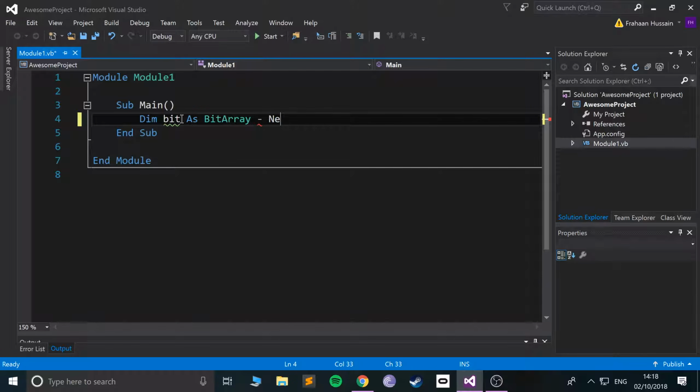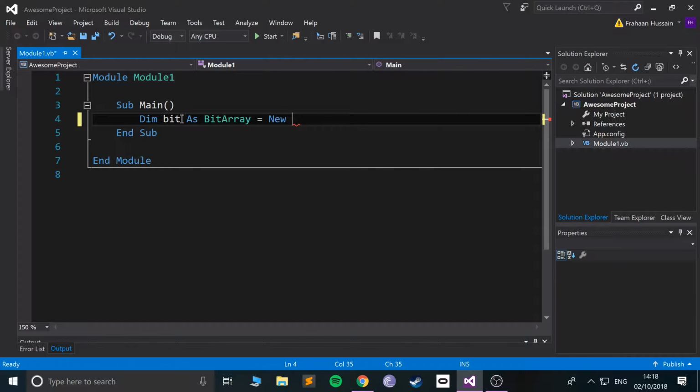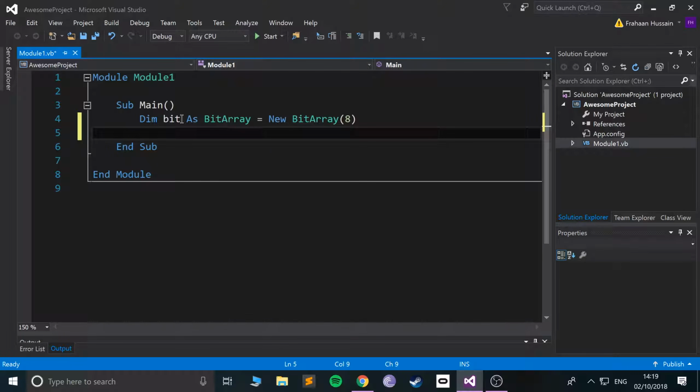equals new bit array, and then you need to specify the length. So I'm going to say it's going to be an 8-bit array. If you are aware of binary, it's 128, 64, 32, 16, 8, 4, 2, and 1. Now we are going to